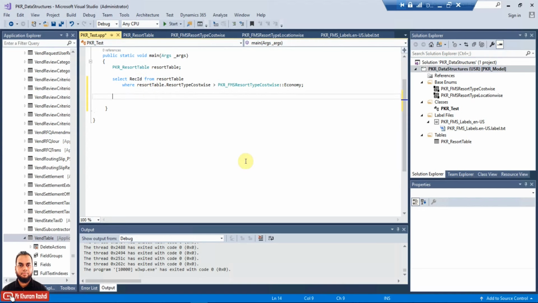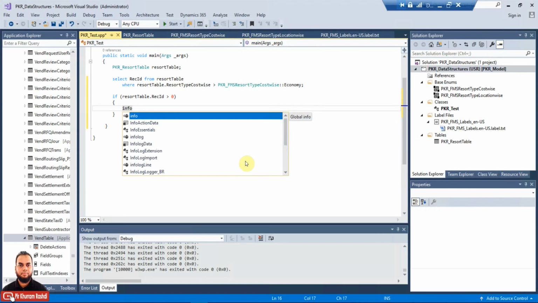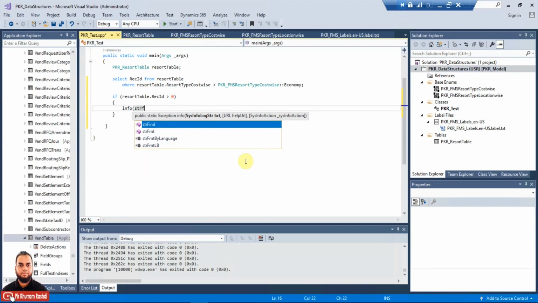So the comparison is very simple. You can see here, if resort table dot rec id is greater than 0, it means some record has been returned. Then execute this, and what I will do here is just show the info. This is for info log.